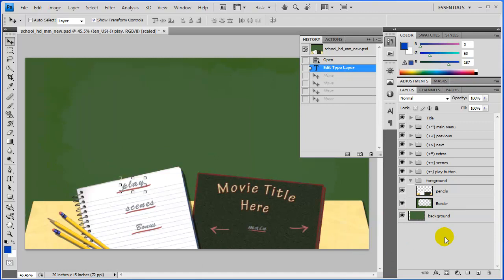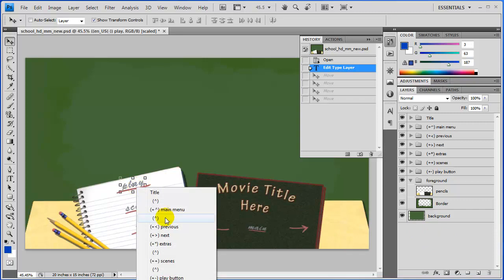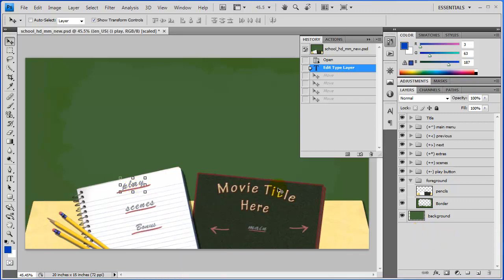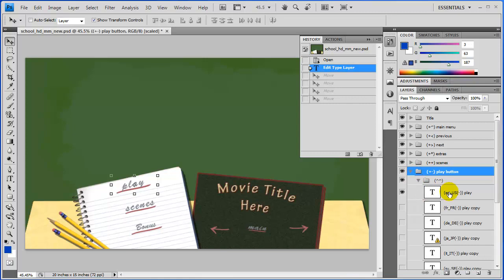Once I have an object selected, I can actually apply different things to it. So I just right clicked on it right now. Let's go ahead and click off of that. Okay, so what I'm going to do right now is you can see that it's got the drag handles because we did click on that layer. Okay, and what we're going to do right now, oh, we want to go back to play. I'm on the wrong one. And so let's see here, play button, US, and we're going to do